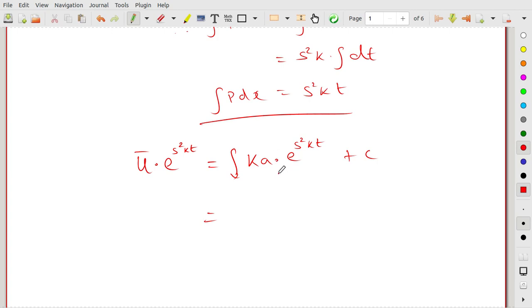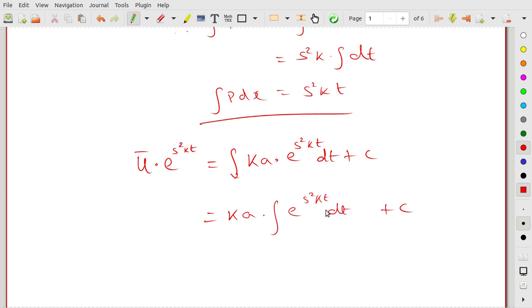So this integral can be solved. Since k is a constant, we can take it outside. So we can integrate this, and if we integrate here we have dt. Therefore we can write this as, we can take this k outside, and if we integrate this, we have to integrate e power s square kt dt. So integral e power s square kt dt,